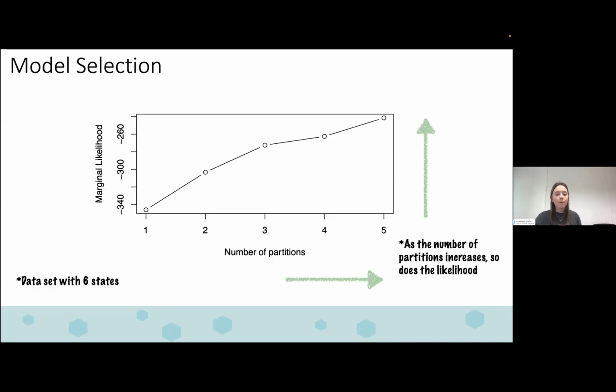And just to show this, we took a data set that has 6 states, and we increased the number of partitions. On the left here, we have the marginal likelihood, and here we have the number of partitions. This one here has just 1 partition, so we have all of the character states in 1 Q matrix. In the second one, we took all the binary characters, gave them 1, and everything else was in a second matrix, and so on and so forth. We divided everything up, and we can see that the marginal likelihood is just increasing as we add